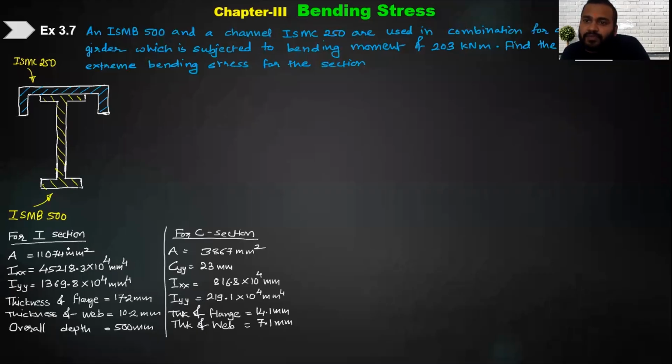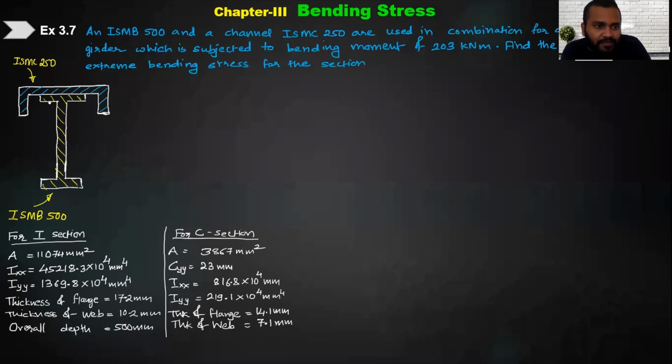ISMB स्टैंड्स फॉर इंडियन स्टैंडर्ड मीडियम स्केल बीम, ठीक है। तो मीडियम मतलब ज्यादा हेवी वेट नहीं है, मीडियम बीम है, इसलिए 500। और वो सी सेक्शन के लिए उसको चैनल बोला, इसलिए ISMC लिखा है, इंडियन स्टैंडर्ड मीडियम चैनल। उसका नंबर 250 दिया है, ये 250 नंबर उसके ओवरऑल डेप्थ के साथ रिलेटेड है।